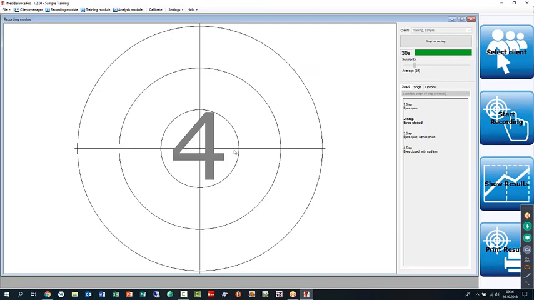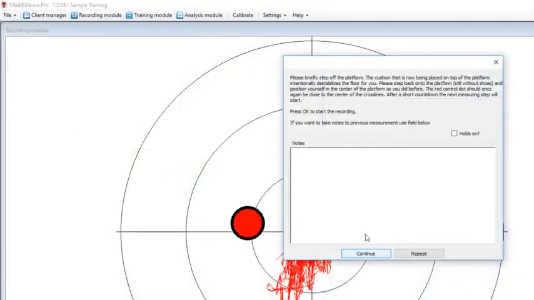So client stands on the platform, closes the eyes, and if you have somebody who uses the eyes to hold on, you will see a lot of movement. I'm creating a lot of extra movement now so that we get a pathological finding, somebody who's not stable here. And so this client is missing the help of the eyes and hence rocking back and forth with it and creating more movement than there should be. So this is again 30 seconds, and now the client steps off the platform, and you make sure that you